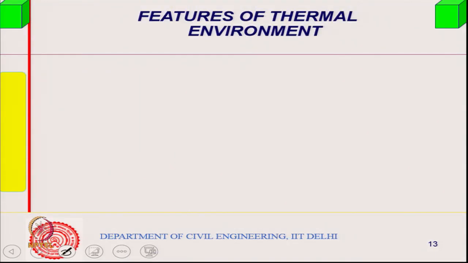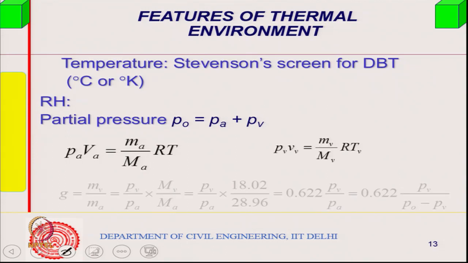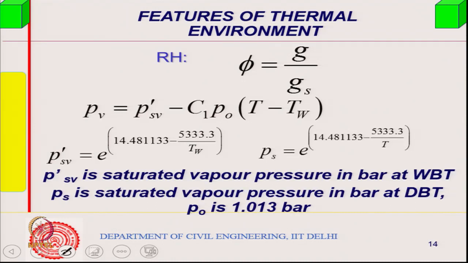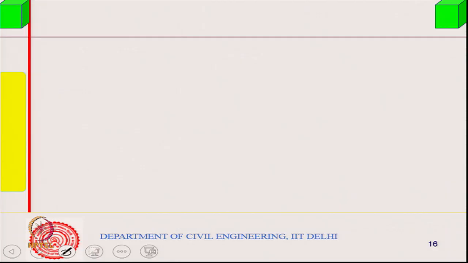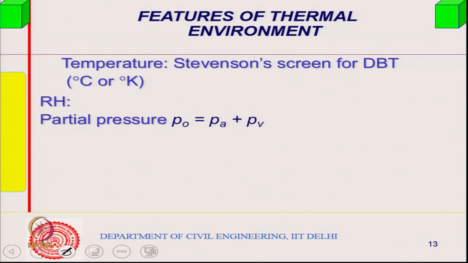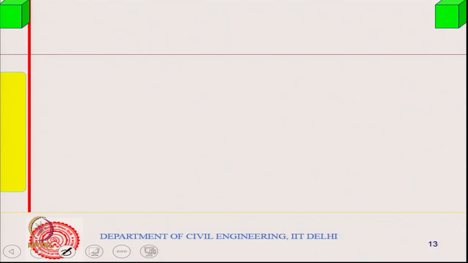So, first thing we calculate is how much is the sensible heat gain, right. I think this is a formula related to GS and all, I will come back to this. This is the formula related to how you calculate it. We will come back to this later on, but is it given here? No, the solution of the problem is not given. Okay, so let us solve it straight away here itself. We will come back to how we calculate the relative humidity. So, if I want to calculate this, first thing is I find out how much is the sensible heat gain.